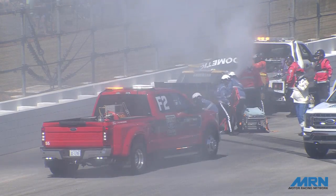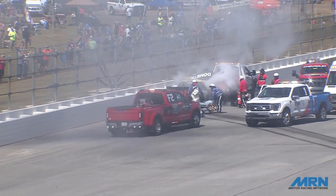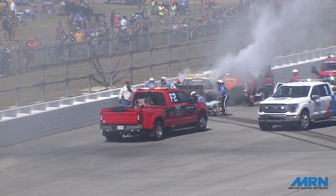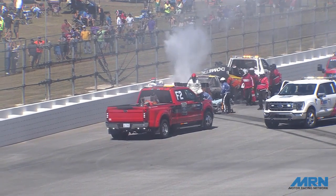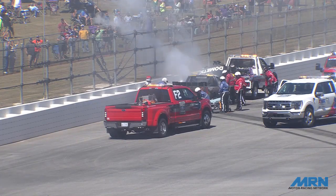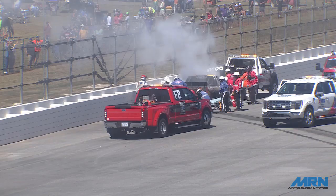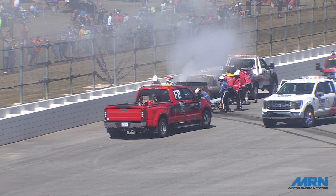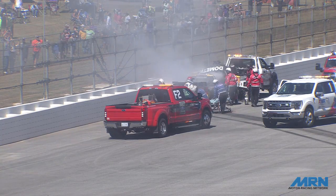He got out of the car as quickly as he possibly could. He is being attended to now by the EMTs as he lays on the asphalt behind that truck. He was in there a lot longer than he needed to be, a lot longer than he wanted to be. Not a good situation for young Jordan Anderson. No, it's not. So all the good vibes and thoughts right now are with Jordan Anderson, who's being tended to by the safety personnel over there at the scene on the inside at the start of the super stretch here